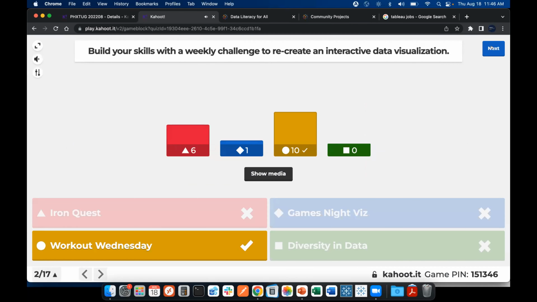Right, Workout Wednesday. That is its focus. This is more on the engineering side of things. It's not always straightforward how a visualization works. There's usually a lot of things under the hood that make things happen the way they happen. Workout Wednesday is one of those community projects that, if you're not already signed into it, please look at this. This will elevate your Tableau skills tremendously.